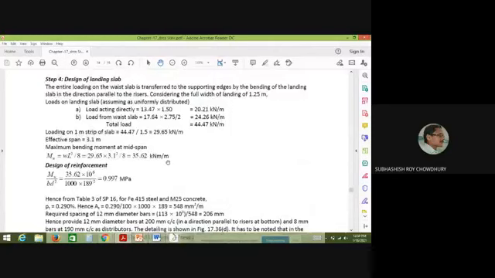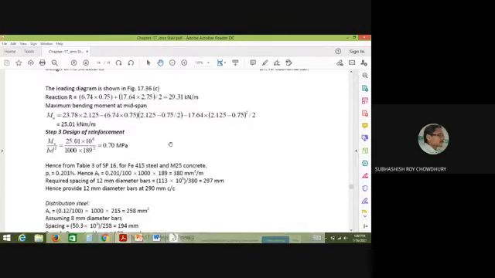This is the load that is acting directly over the landing: 17.64 into 2.75 by 2. This one is 17.64, what you are considering over the landing part. Actually, what they have considered is 13.47, the load already calculated over the waist slab, so that need not be transferred again. They have calculated this one separately. And then the load from the waist slab, 17.64, is the intensity of the load over the waist slab.